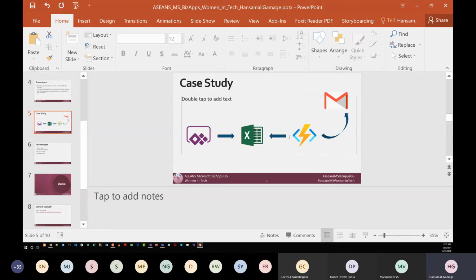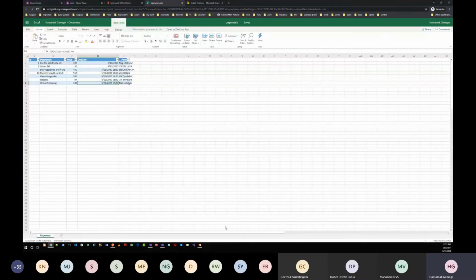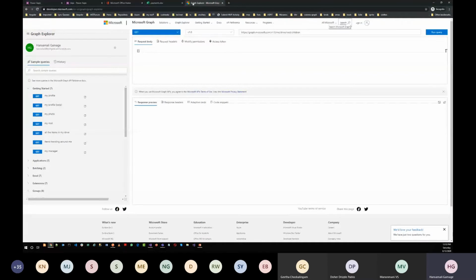So the first part, creating the Power App and saving the data into the Excel online, is done. Now we have to create this Azure function to read this Excel file. To read this Excel file from the function, you have to use the Microsoft Graph API. This is the Graph Explorer.